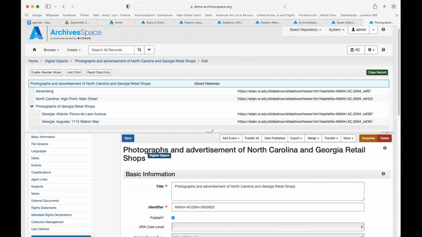One thing, just another caveat before I see if there's any questions. If you are creating complex digital objects like this one here, they will export as your METS-MODS in Dublin Core. But let's say that